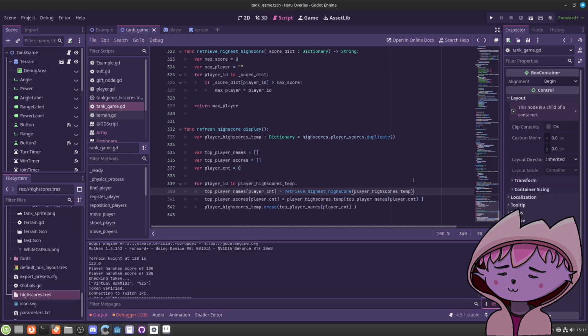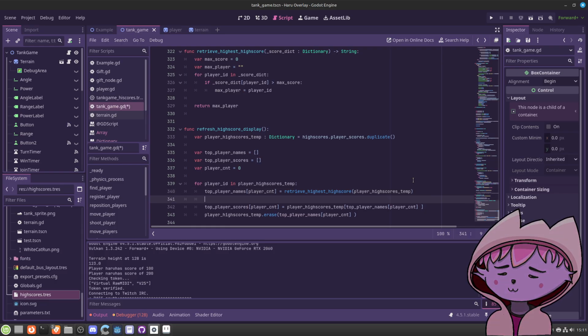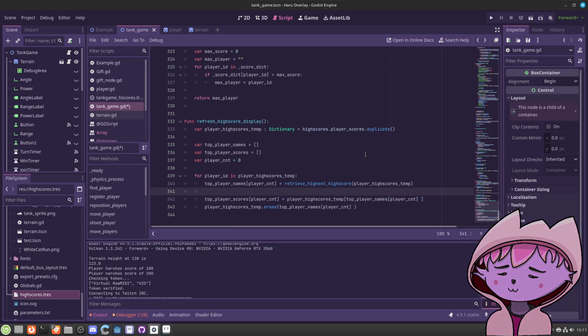Well, this works as long as this player high score stamp is populated. If it's not, then nothing happens. I mean, bad things happen because we cannot erase an empty player from the dictionary. So